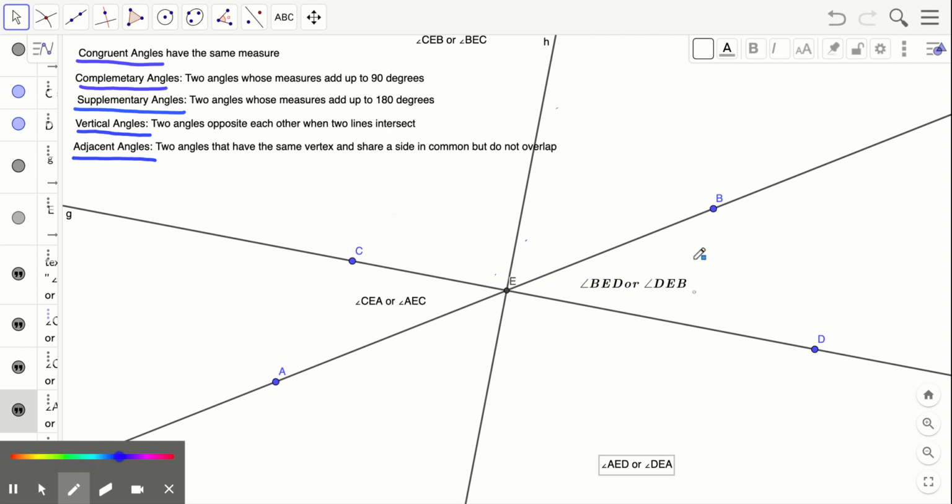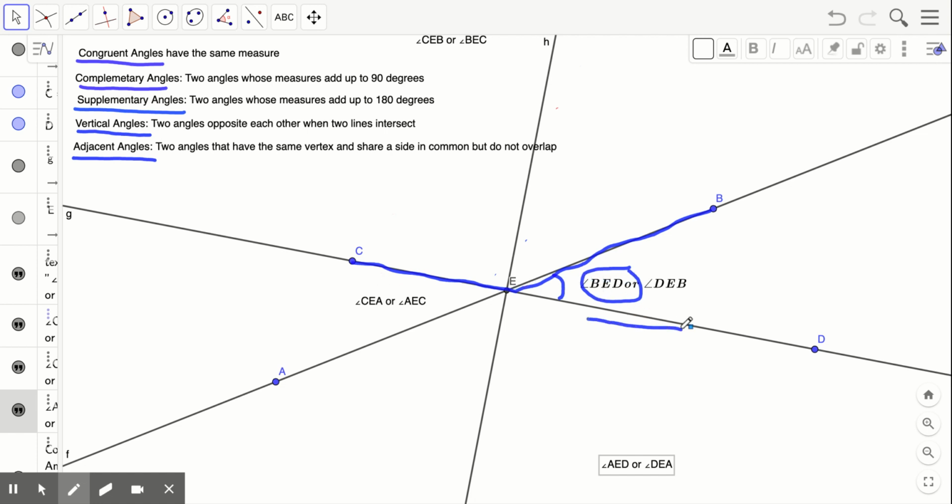It might also ask you, what angle is supplementary to angle BED? Well, the angle that's supplementary would be either this angle that comes in like this and goes up like this, because that angle here and this angle here form a line, or add up to 180. We could actually even include the one down here, the one that comes off like this. This angle here is supplementary. So there actually happen to be two supplementary angles, because this one here, again, I'm getting too many colors in here, but this one here